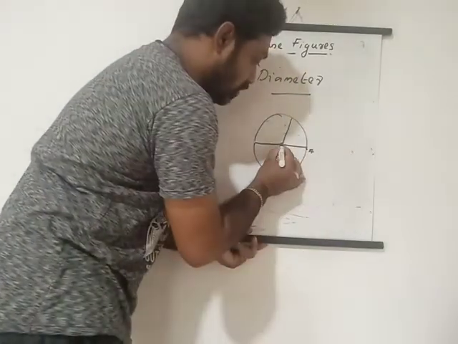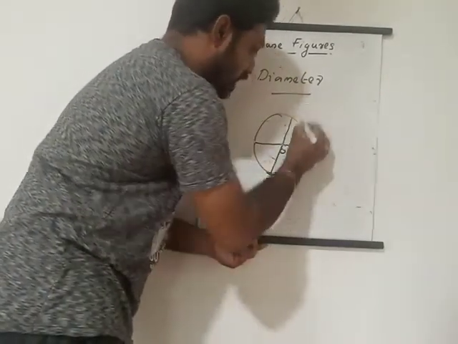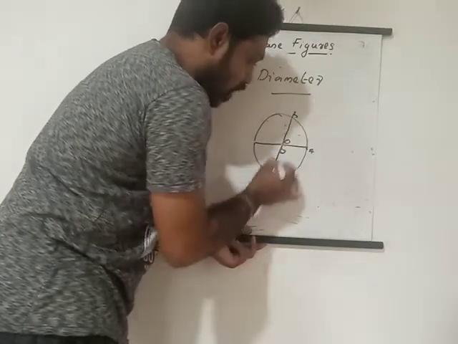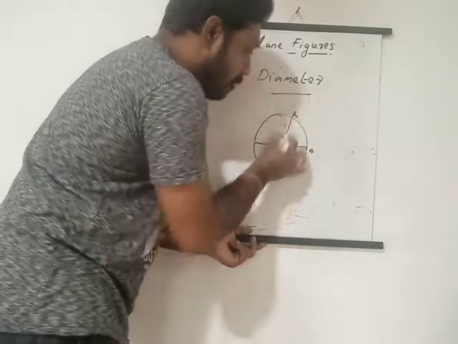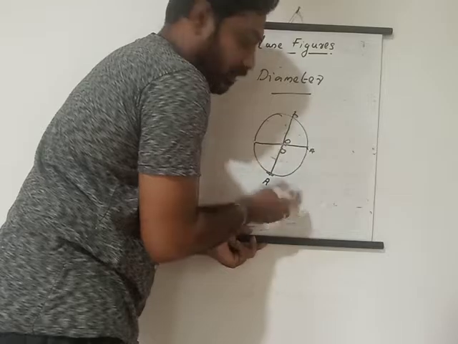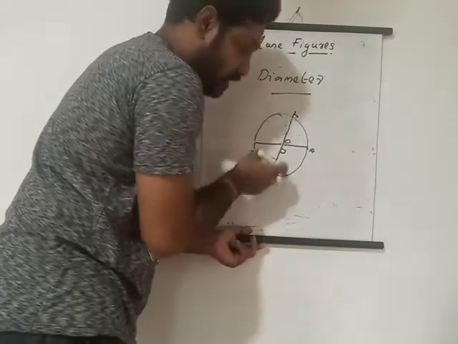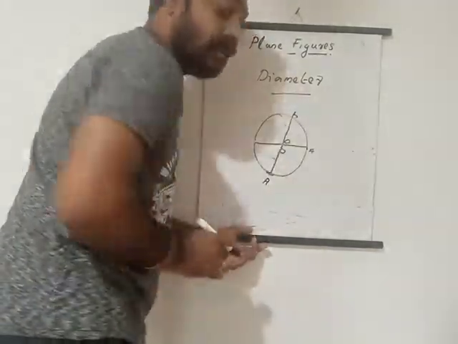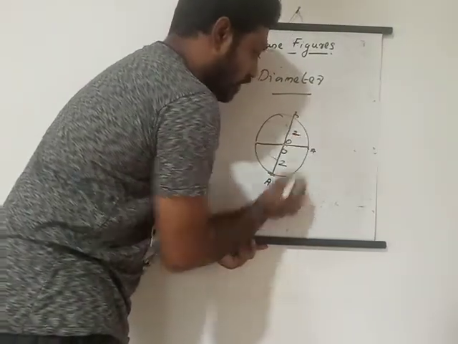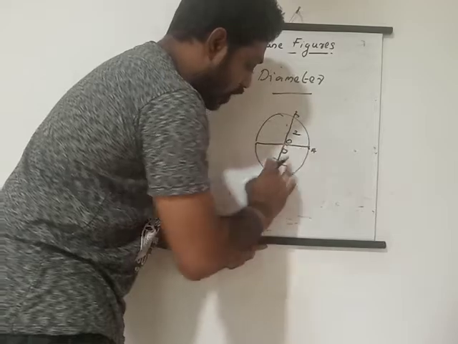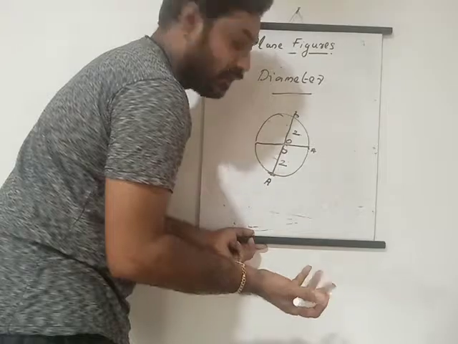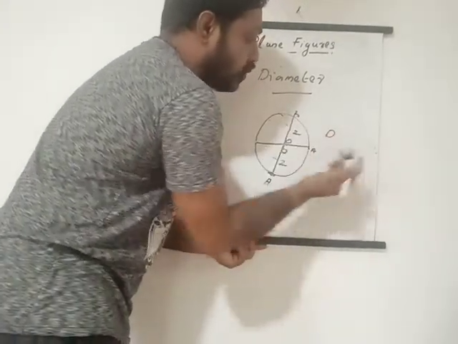Understand? For example, this is A and this is B. Okay, this OA is what? Radius. OB is also what? But what is AB? AB, from starting and ending only, we are saying this passes through O only. It's passing through O, but what is AB? AB is the diameter of the circle. Actually, if this is 2, this is also 2. That means OA is 2, radius is 2. OB is also, of course, 2. And what is the diameter? 2 plus 2, isn't it?